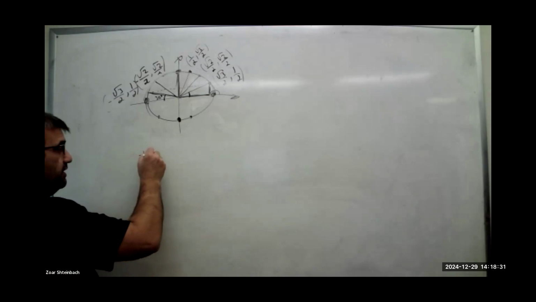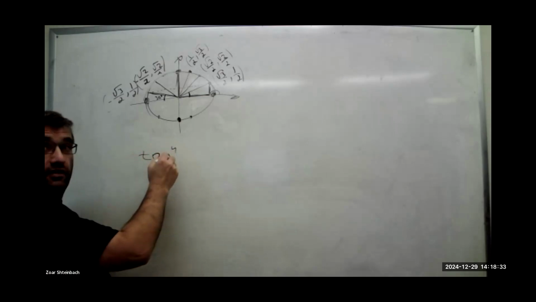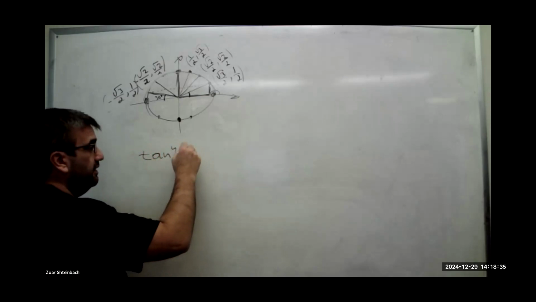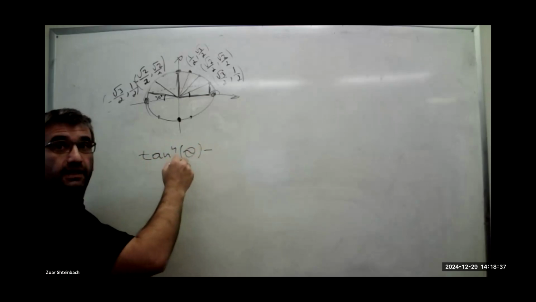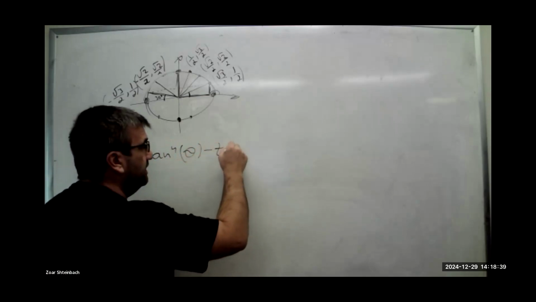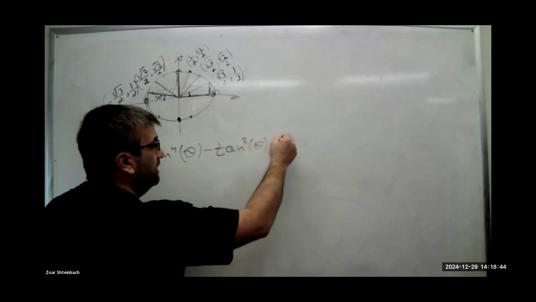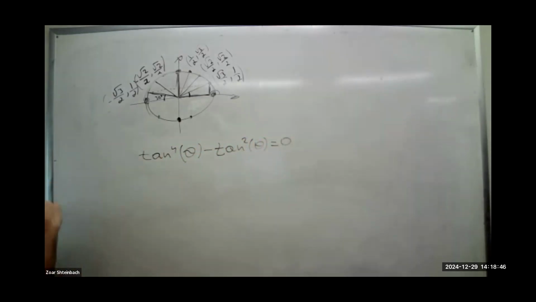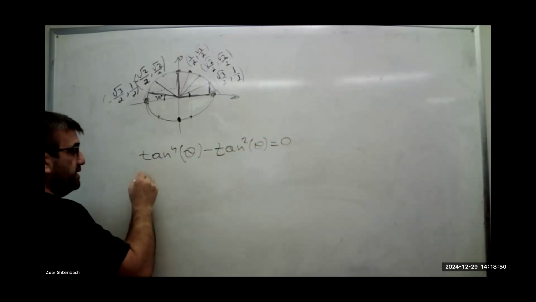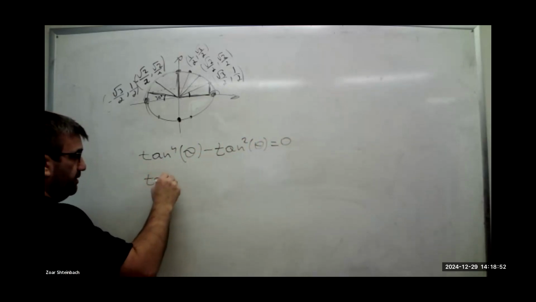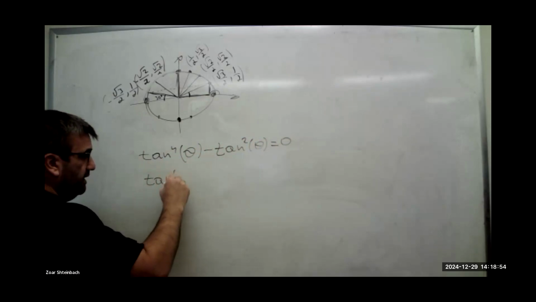So we have tangent to the 4th theta minus tangent squared theta equals 0. So you can replace, right? To visualize it better, you can say tangent theta,